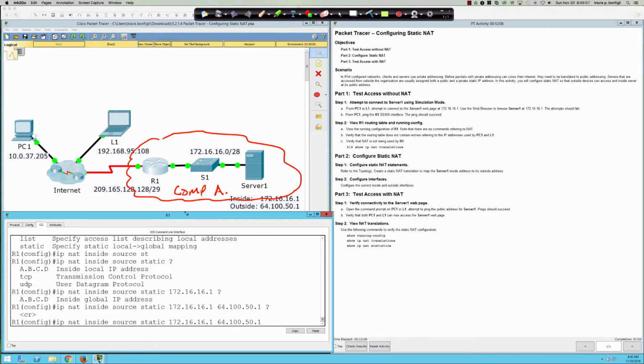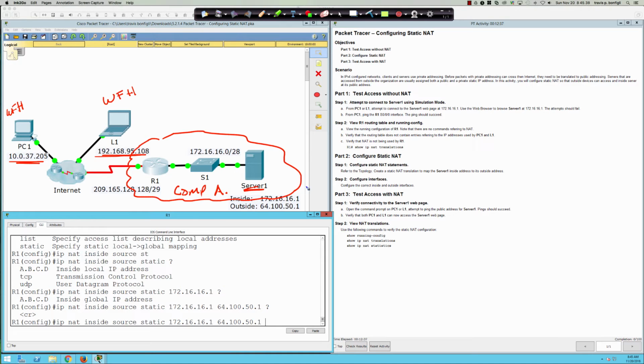So if this is company A, and company A has this server, and unfortunately they're using these RFC 1918s out here, but let's suspend reality for a second. Let's say that these weren't RFC 1918s, because they wouldn't be coming over the internet like that. But let's say that this is a work from home guy, WFH, and this guy over here is working from home as well,